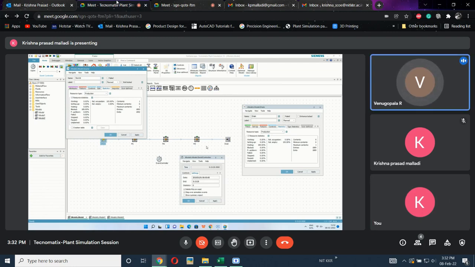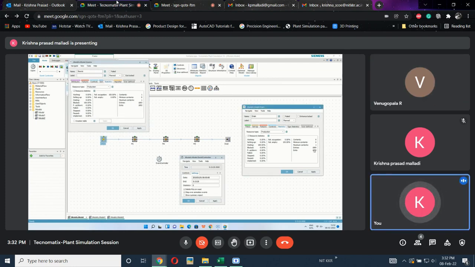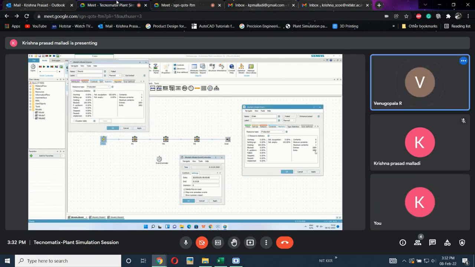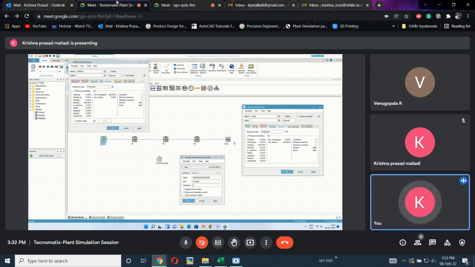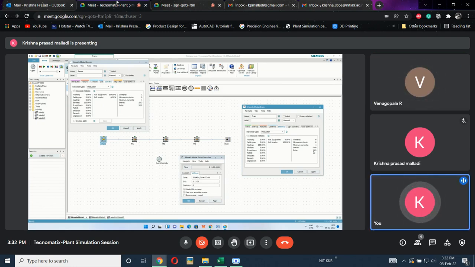In the drain, entries are 1889 and exits are also 1889, because the drain is the output, an end part, and from an end part we can't do anything. So the entries and exits are the same.